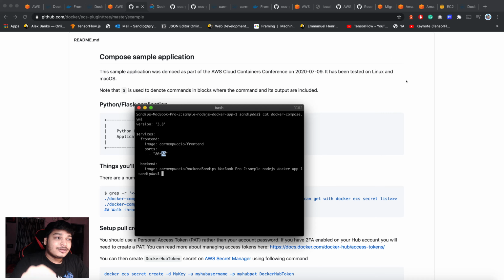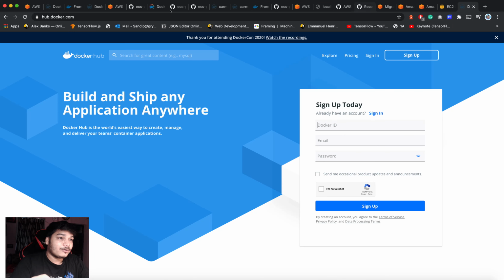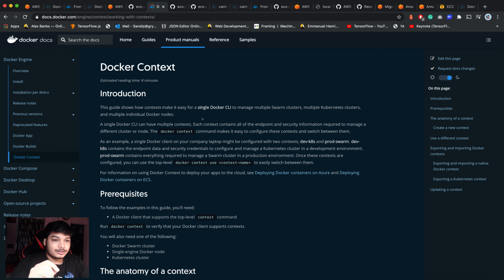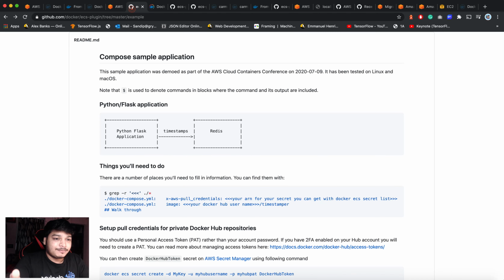They are always using Docker context. So what is Docker context? Let me show you. I will give the link so you can go through it. Ultimately, Docker context gives you a profiling feature like in AWS, so you can switch between contexts and use the features that way. If you're local, use the default context. If you are using a particular cloud provider, like AWS for now, you can create a Docker context. I will show you how to create it, and then use that new context for all this. Now let me show you, and let's follow the steps provided here.